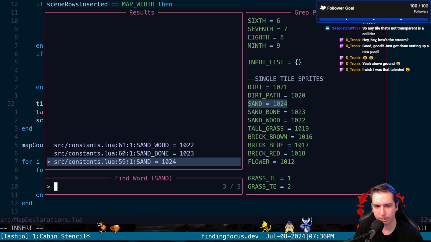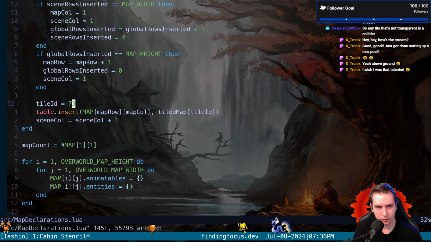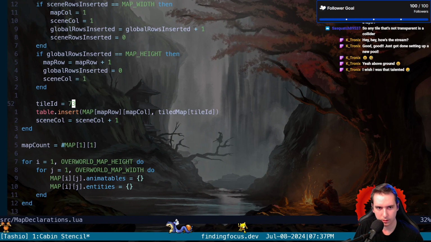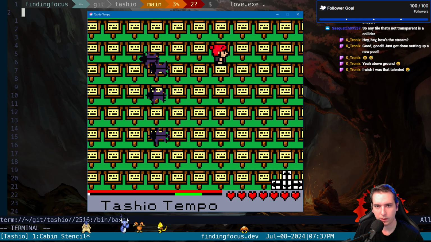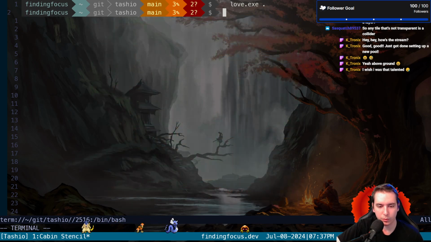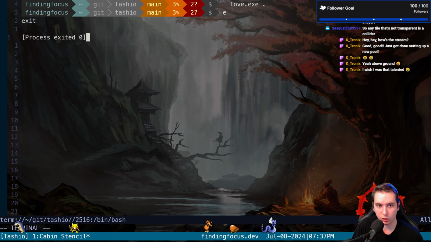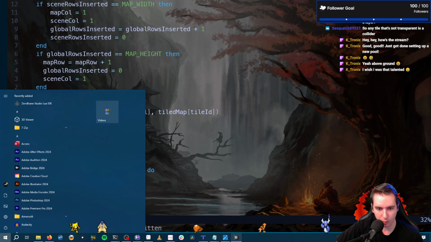Really? Where are we assigning that sand? Let me see if we change this number for a tile ID insertion. Yeah, we still get the sand. Okay, so it looks like the tile ID I gave it was wrong. Oh, and you know what? That was in our global map too. So we have to find what tile ID is a reserved transparent one from our global map export,